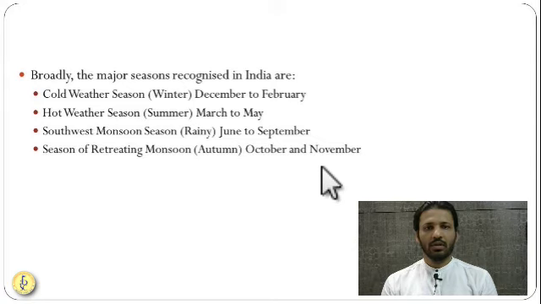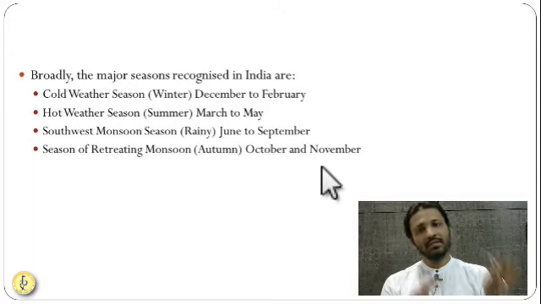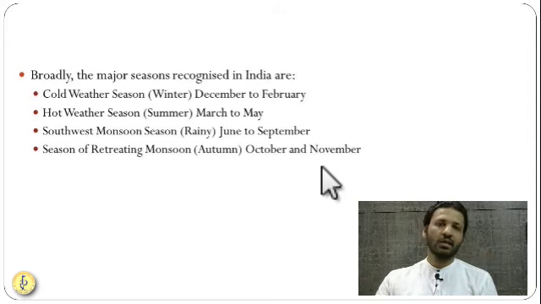We have winter almost from December to February. In South India, it comes a little earlier. In North India, it comes a little late, and it prolongs more in North India. Then we have summer, the hot weather season, from March to May. Next, during the summer season only, rain comes. So the third season is the rainy season, from June to September. It starts almost in the first week of June in Kerala. It is marked as 7th June, but it starts even before that.